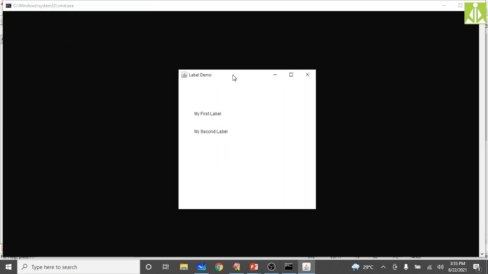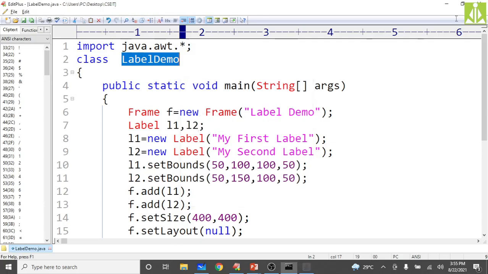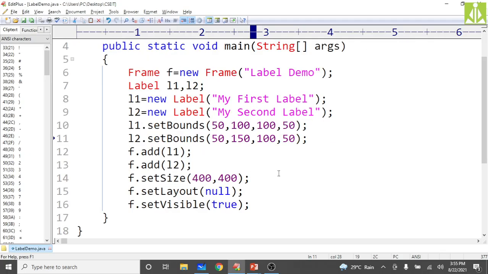See, we got the GUI in a separate window. This is your complete frame. We set the size of this frame as 400. The top title bar we will not consider; below the title bar it is 400 pixels in this direction, and in this direction also it is the same. You can see we positioned the first label, then the second label. If I change the locations and make both of them 100, then, as I said, both the labels will get overlapped.